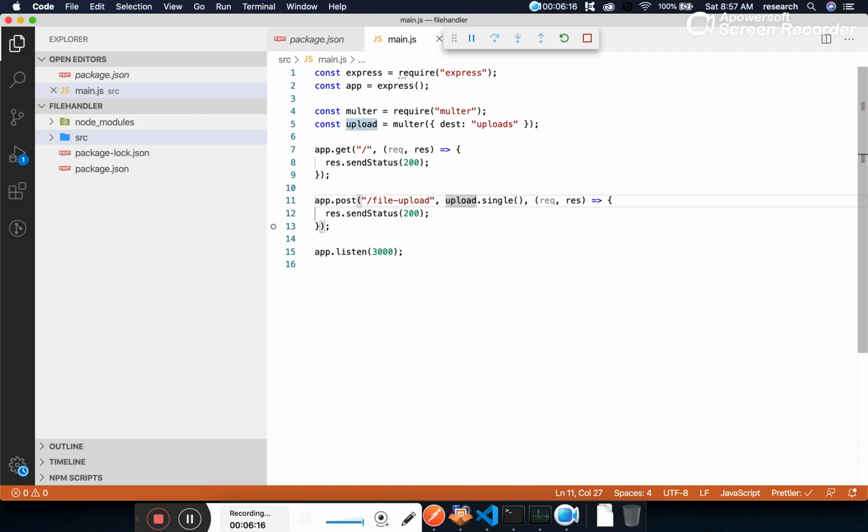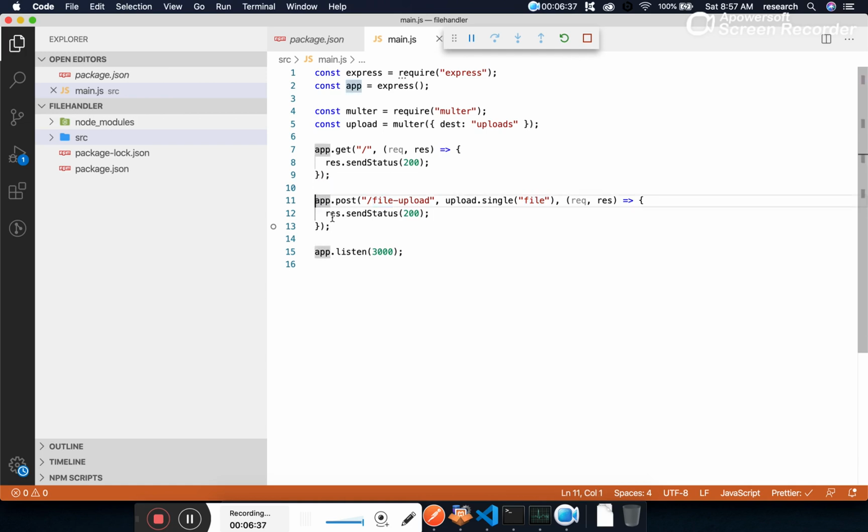What is this upload dot single? It means we are injecting the multer module before calling our main API. And here we will be specifying the field name. Let's suppose our field name is file. I will explain what this field name is.